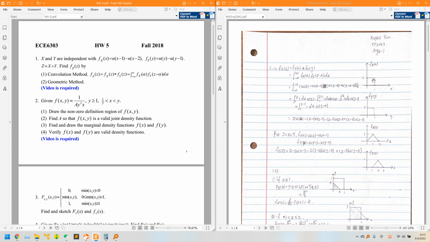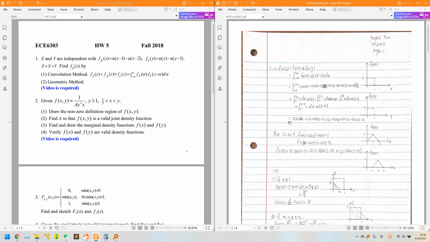actually we can first draw the original fX, which is 1 from 0 to 1, and otherwise is 0. And for fY, it's the same as fX, and then we use the convolution method here. And so we take fX and fY into the integral, and then we can do the calculus, and